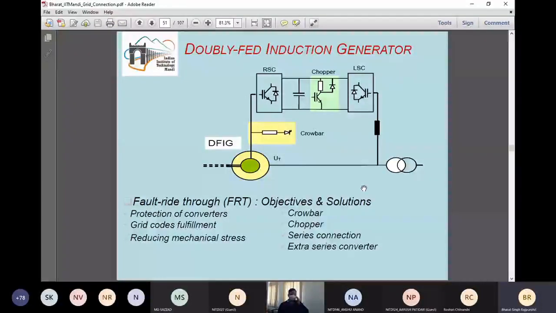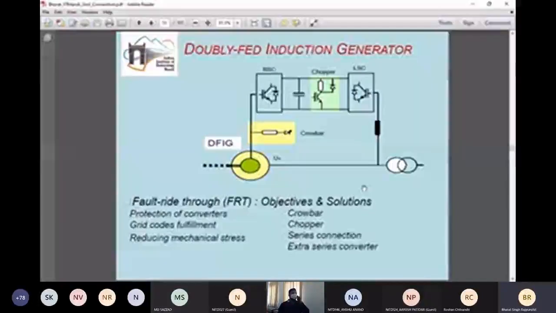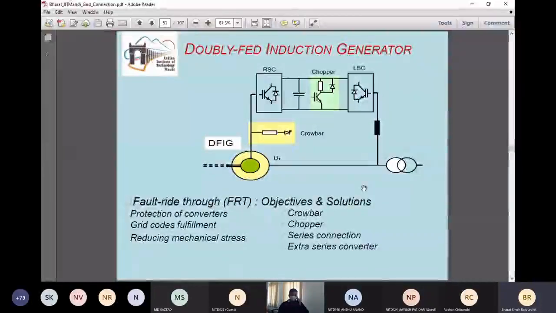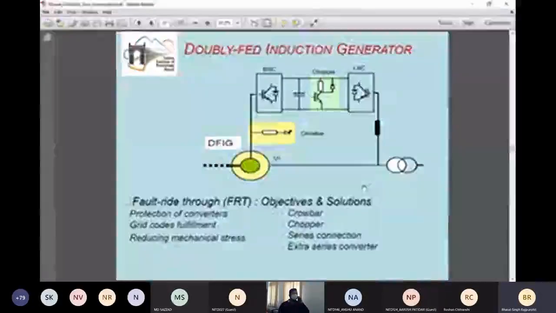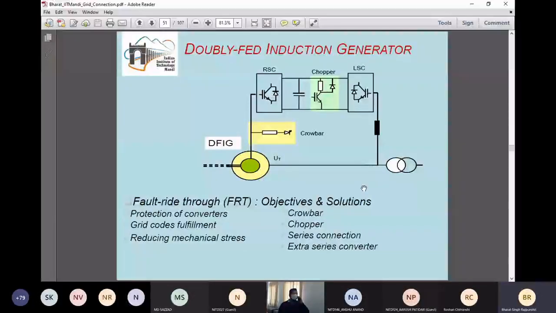By taking the slip power out, the scheme is able to control the speed of the wind energy converter system, and hence we are able to see that the active power output of a doubly fed induction generator can be controlled. If you remember, we have seen the turbine characteristics also. By making this wind energy converter system a variable speed system, an active power set point can be controlled.